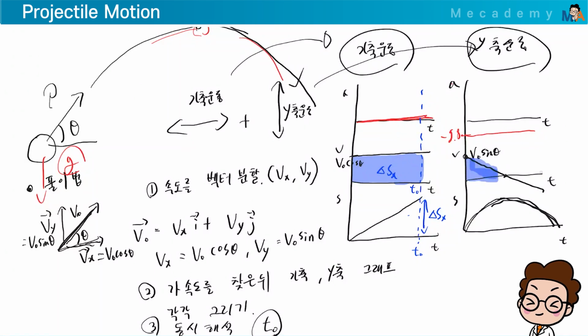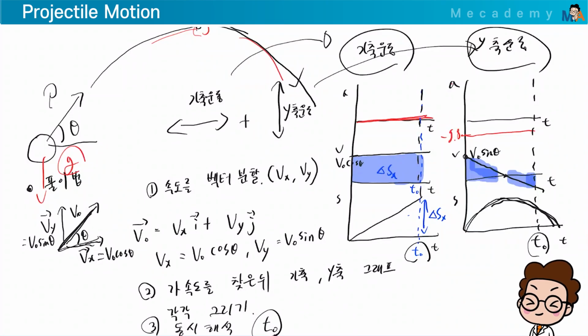Then if this time is t0, I set the time t0 over here earlier. Here. Then this value should also be set as t0. This value is the same. I changed it to this blue t0 and black t0, but time flows the same. Got it? The ball can't be in two places at the same time, so you can solve the problem by making this t0 the same. Interpret simultaneously. If you do this, you can absolutely crush any problem you face.